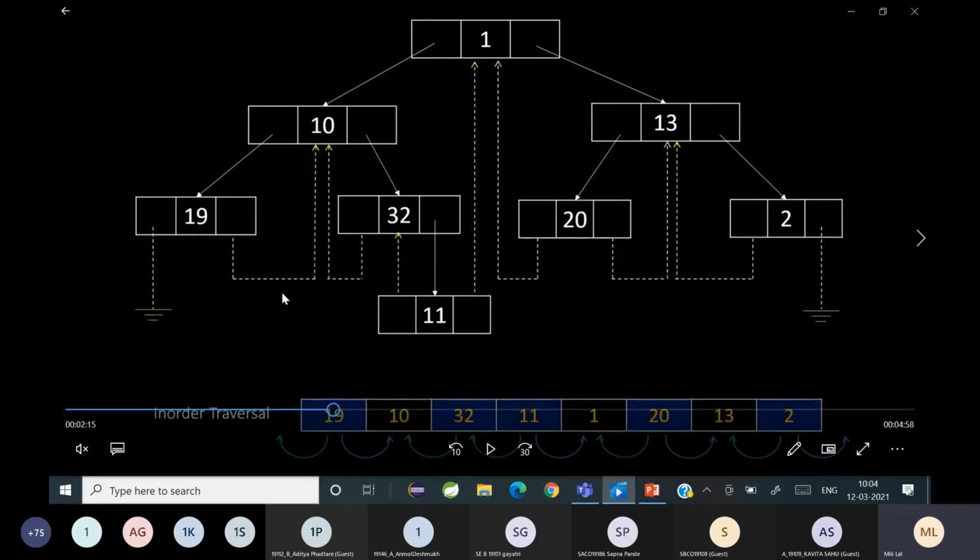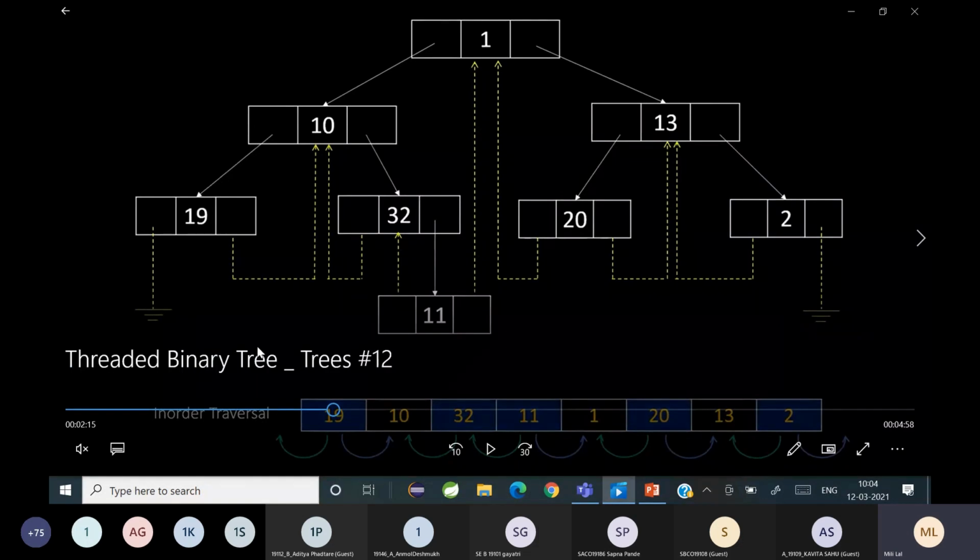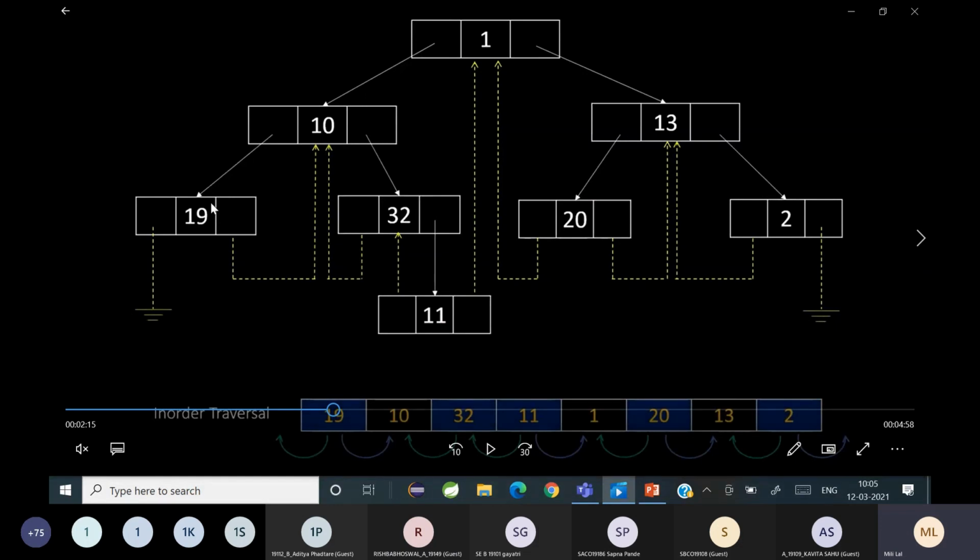The left is going to get connected to the predecessor, and the right is going to get connected to the successor. The left pointer of 19 is going to get connected to the predecessor, and the right pointer of 19 is going to get connected to the successor.